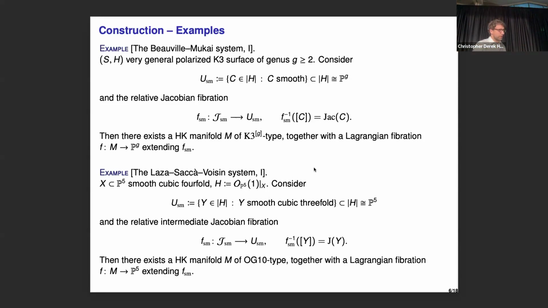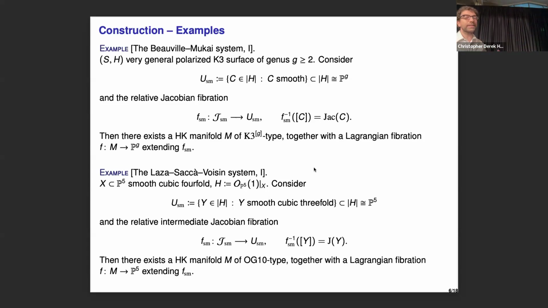And so I can do the same thing. I can look at the relative intermediate Jacobian over the smooth locus. And now it's some standard argument, which maybe I won't discuss too much in detail, but it's not so hard actually, that this fibration does have a symplectic form. And again, the same theorem as the previous one works. Although this is much harder actually, and this is a fairly recent result by Radu Laza, Julia Sacca, and Claire Voisin. It says that